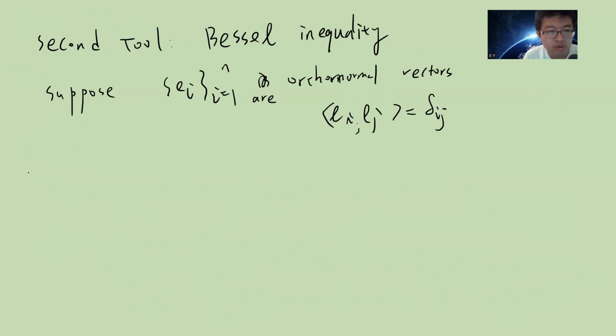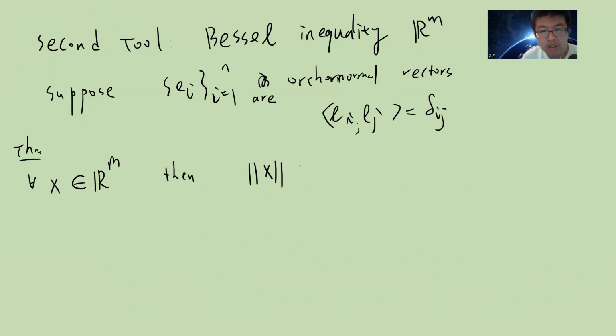The theorem is this: for any x belonging to R^m, the length of x squared must be greater or equal to the sum of the squared projections onto the e_i. Okay, so why is this true? This is simple, because